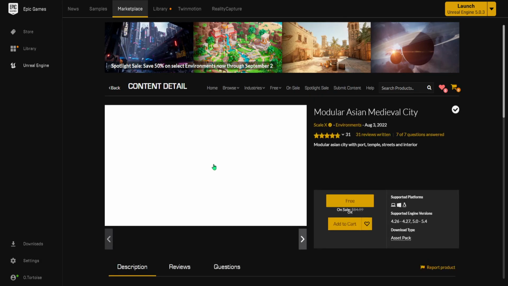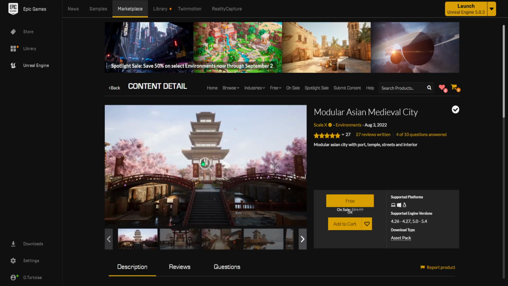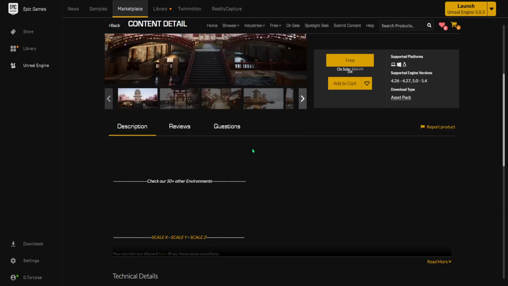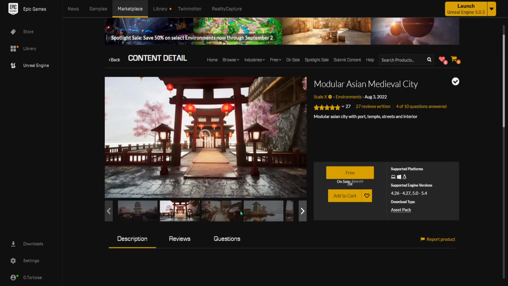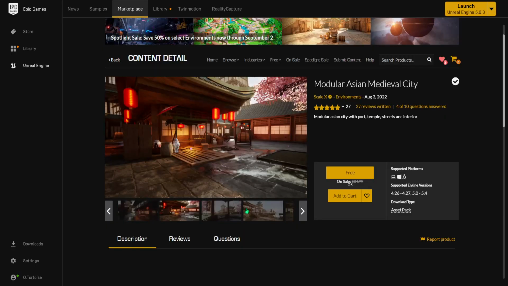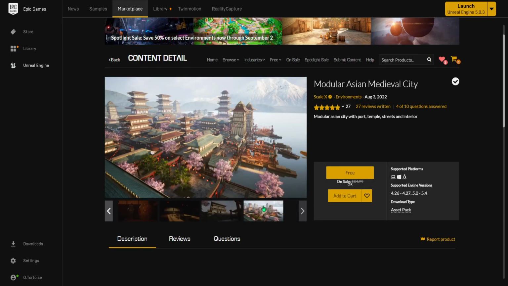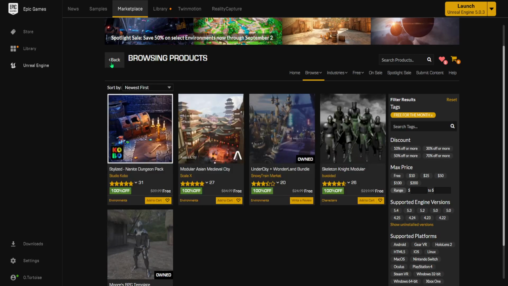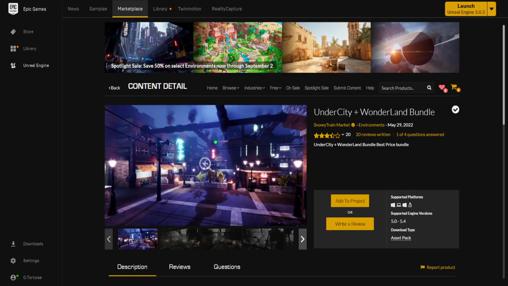And then we have another, looks like a modular Asian medieval city. Pretty much this is most likely more environments and props that you can use to create the level, which are very good to create a nice landscape you can add sounds to. Maybe that's one thing I also consider doing, making an environment level where I just have sound interacting with different things. Maybe there's a shop I can add some market music to. I can make certain areas sound different, use some real time parameter controls and Wwise maybe, or even MetaSounds, either one. I could consider doing that there.